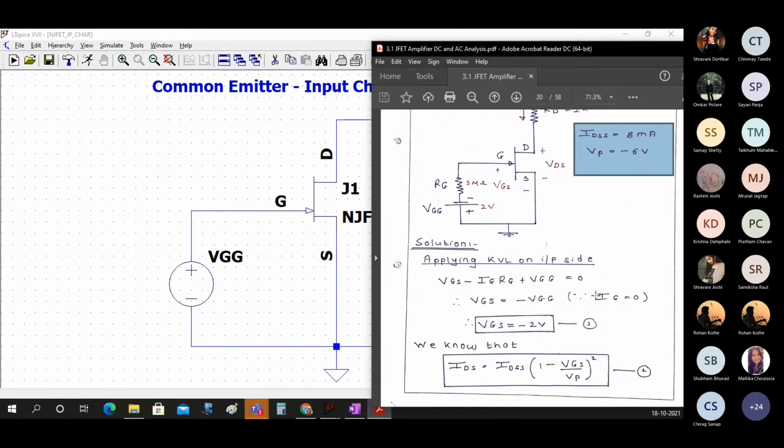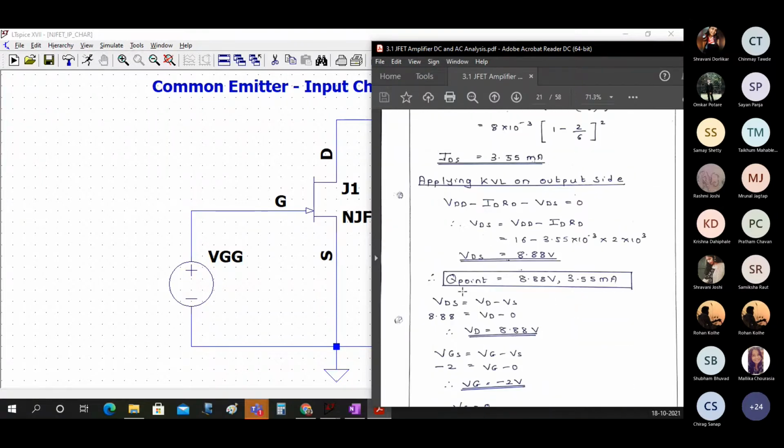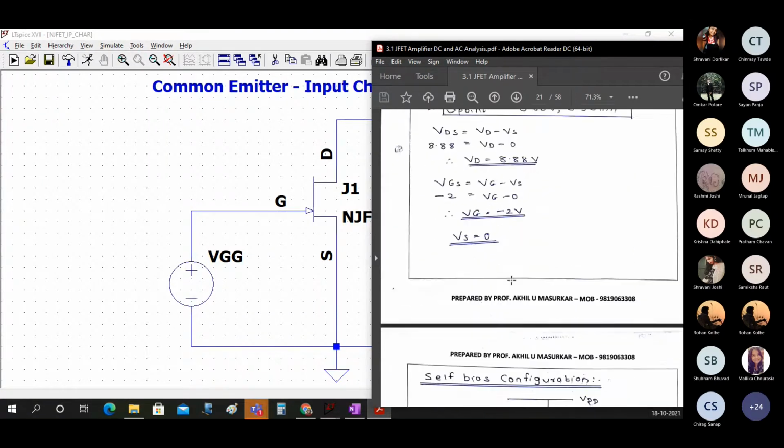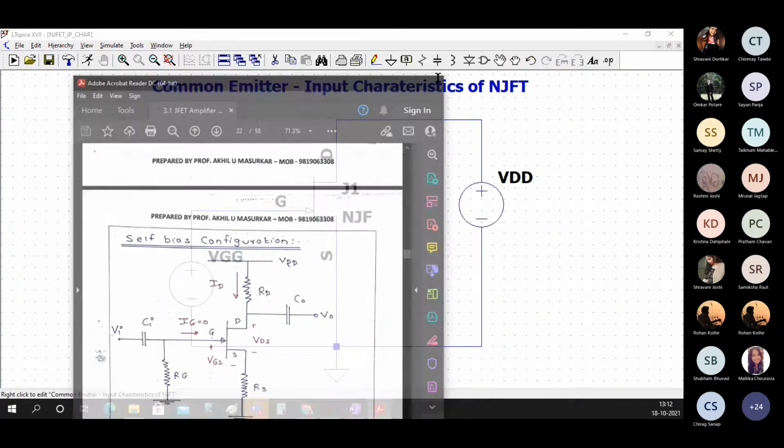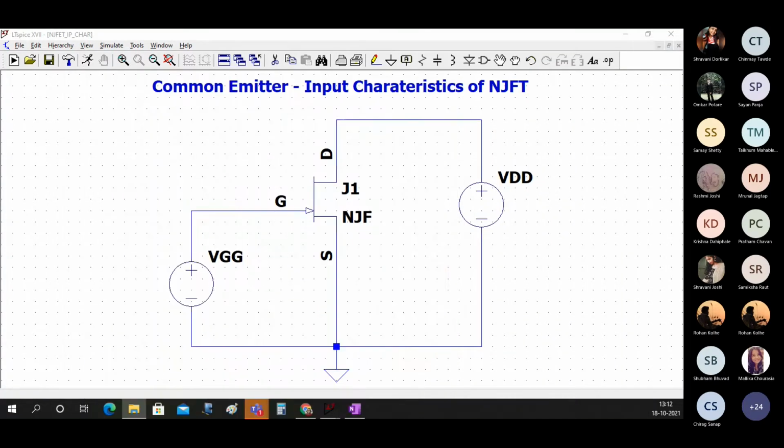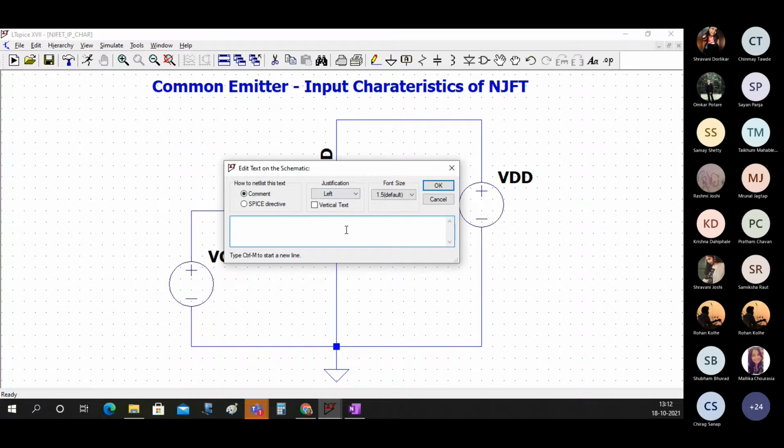Okay, you knew how to solve this, you followed certain steps, you calculated ID, you calculated VDS, then you calculated the points and so on. But how to make SPICE understand that yes, this is the IDSS and VP that you have to take. So I'll just write here the NJFET parameters that we want to give.